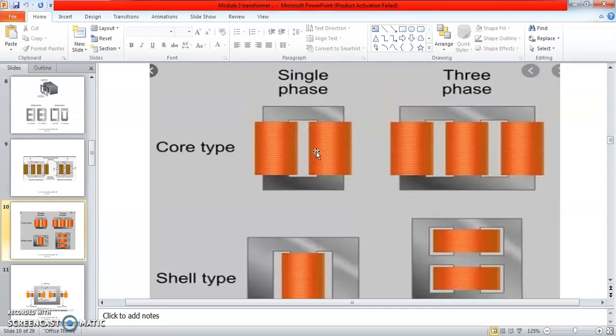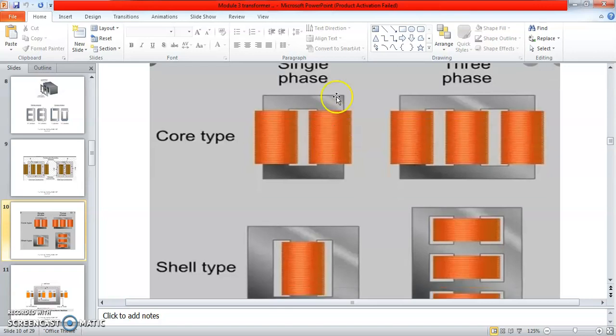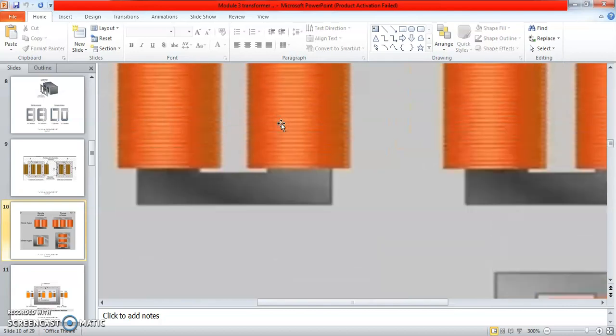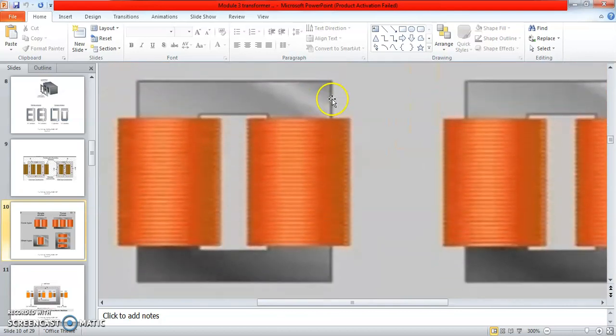Okay, and this is called the elevation section. Actually, whatever diagram they have given, this is the elevation. If you see this, this is the height of the transformer. This is the total height of the transformer. Okay, and this is the height of the yoke. This is the yoke, height of the yoke above and below. This is the height of the core. Okay, for the elevation section you will be getting dimensions as height.